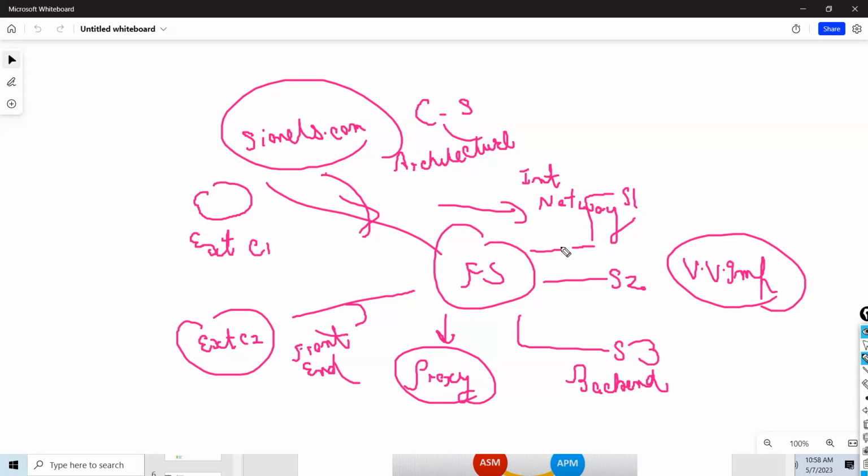So what will happen? Your request comes to F5. F5 will forward it to the server. From the server, the response will come. Now the response will go to F5. Then F5 will forward the response to the client. So in any way, whether it's an HTTP request from a client, it will go to F5. Then F5 will initiate one more connection. That is called a reverse proxy component, guys.